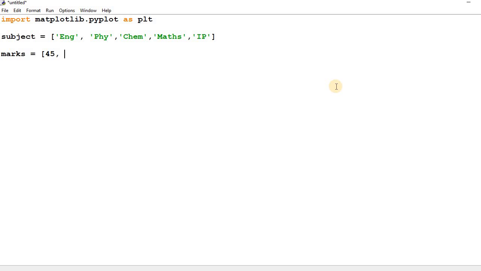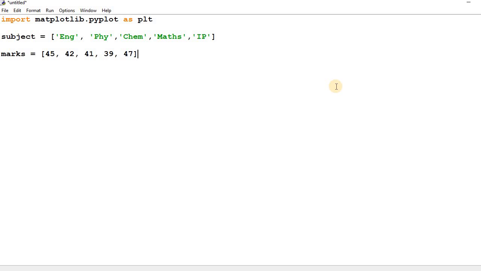In physics you got 42, and in chemistry you have got 41, and maths you got 39, and IP you got 47. So these are the marks you have got in different subjects.